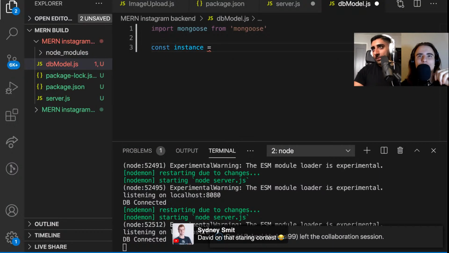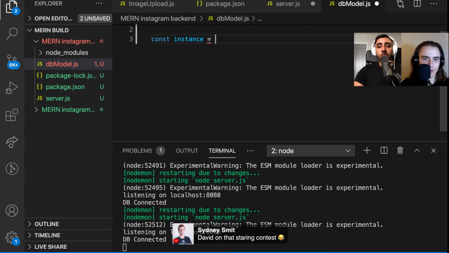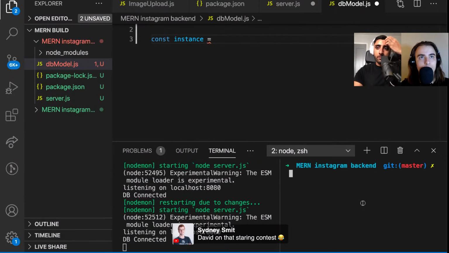Okay, let me first reconnect to the live share, and I think you need to do that too, because it said you left it. Oh, sorry guys. Sometimes a connection just drops. I'm going to open up the code on my local as well. So let me go ahead and do this. Boom. CD